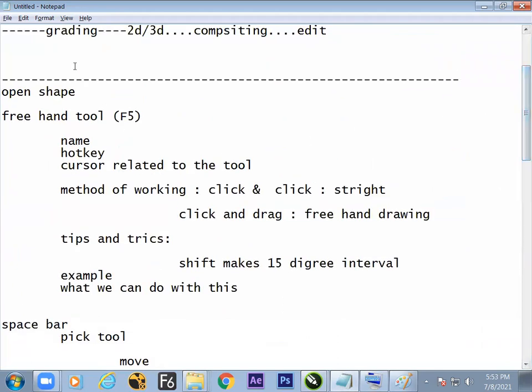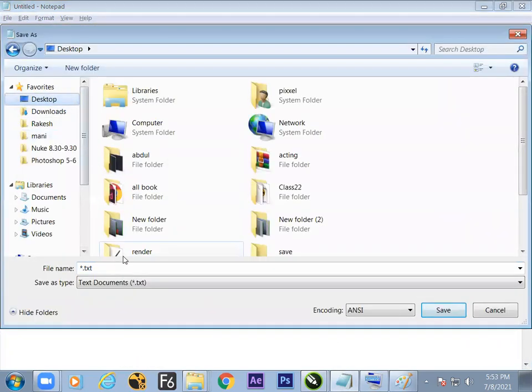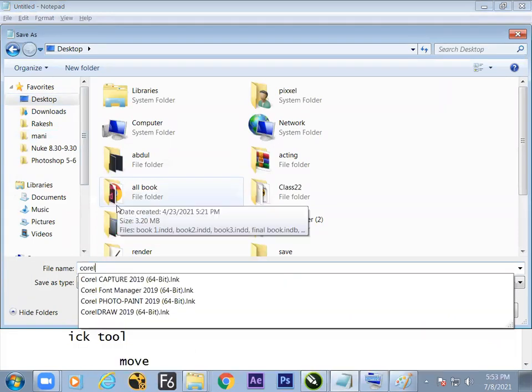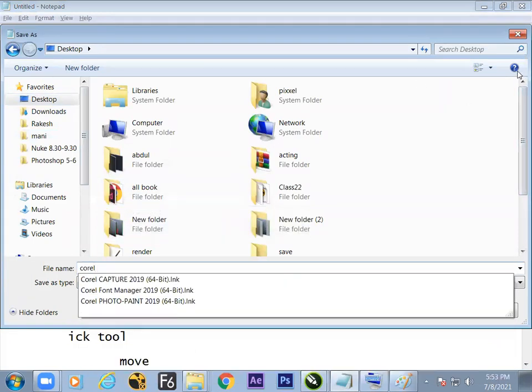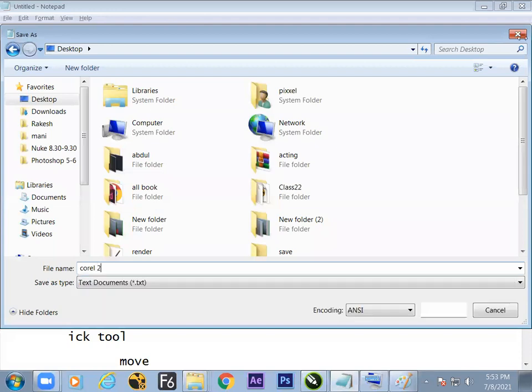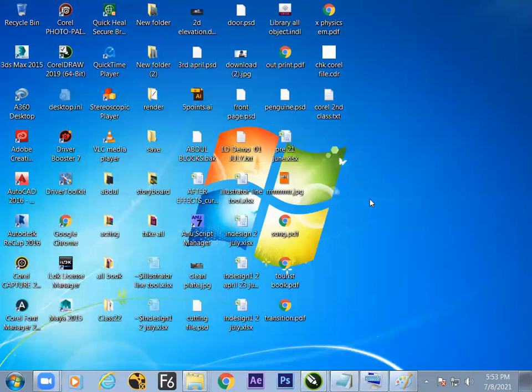Fine. So I'm saving this file and I'll give it to you. Saved on the desktop. In everyone's chat box, maybe like this will be appearing now.